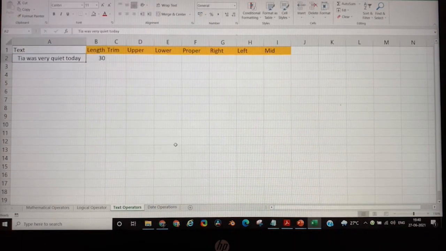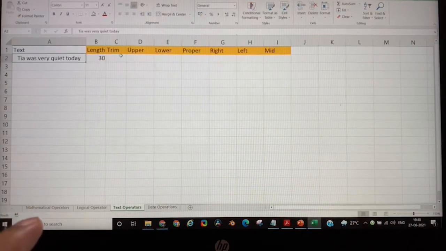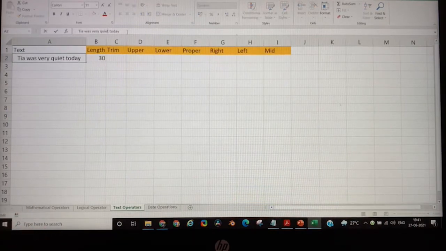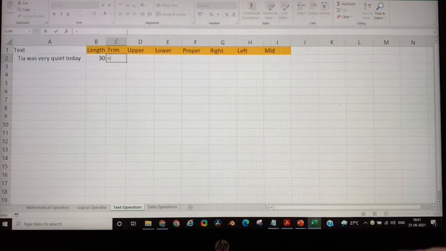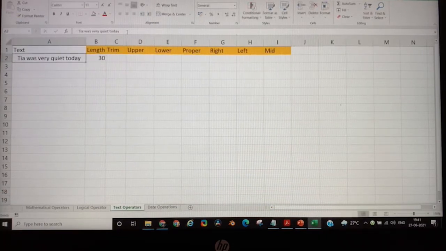Now it might not seem 30 characters, but it is 30 characters. So even if I do the counting from here, so we have 1 2 3 4 5 6 7 8 9 10 11 and so on, it will come to 30 characters. The length is always correct. As you saw that there were some extra spaces at the end and at the start.